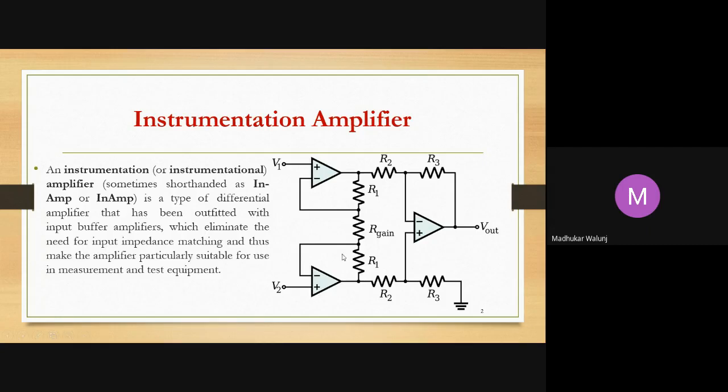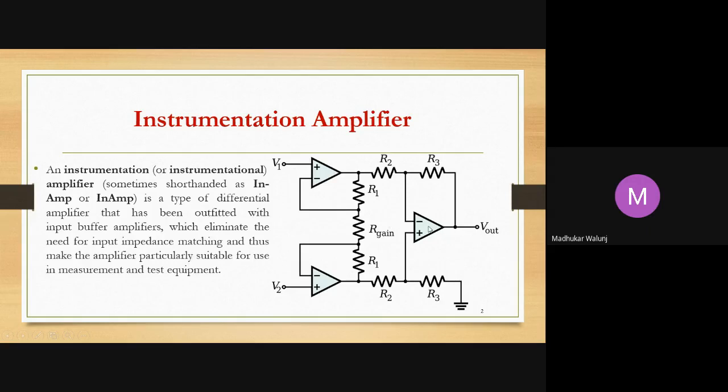So what we have here again is a non-inverting amplifier with a gain of 1. R1 is there, meaning the Rf is there, but Rin is absent, and it is connected in such a way that there is an R gain resistor, called the gain resistor. Why it is called a gain resistor, we will see.